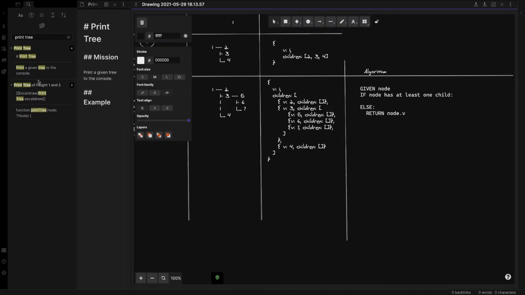Let's see. It's gonna be like this, node.v, node dot